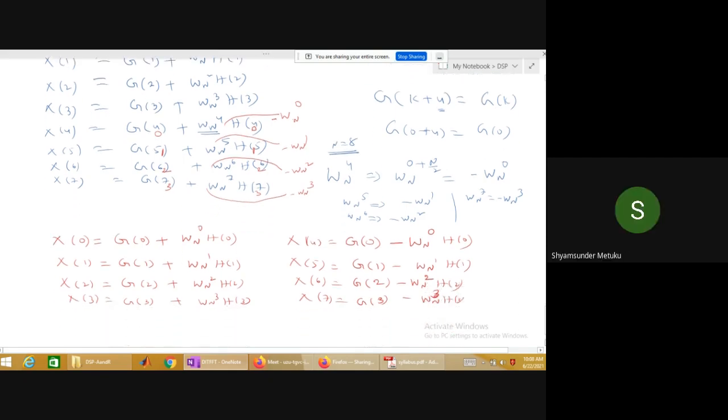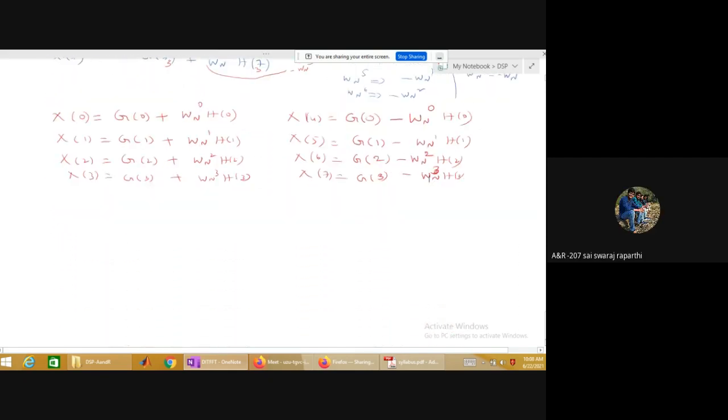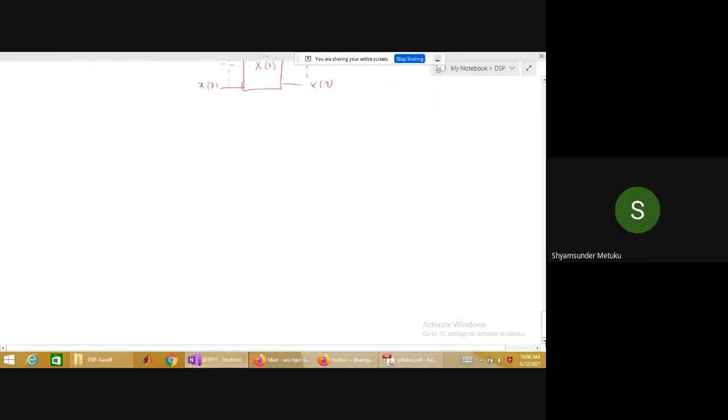Now let us go to the block diagram representation. My first block was for N equal to 8 points. If it is x of k, it will be capital X of 0 to capital X of 7, small x of 0 to small x of 7, isn't it? So for this red color, I'm trying to divide my block into two blocks. It is no more 8 point, it is two 4-point blocks, isn't it?